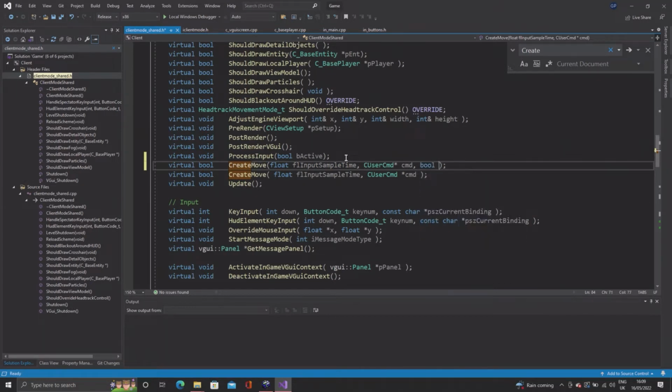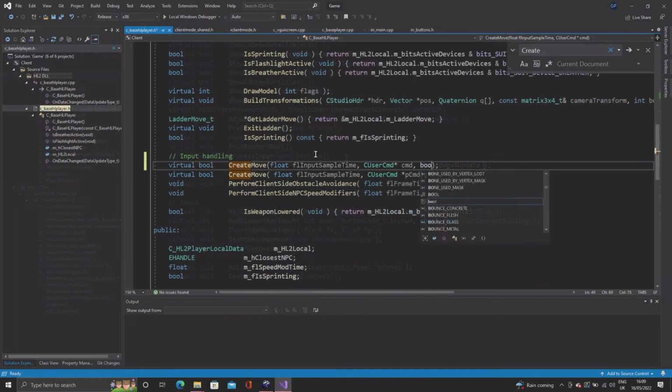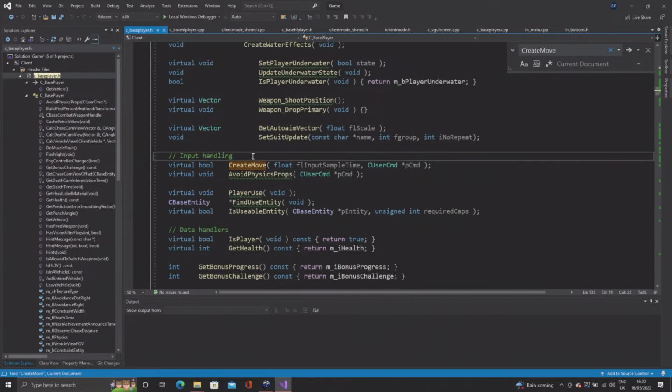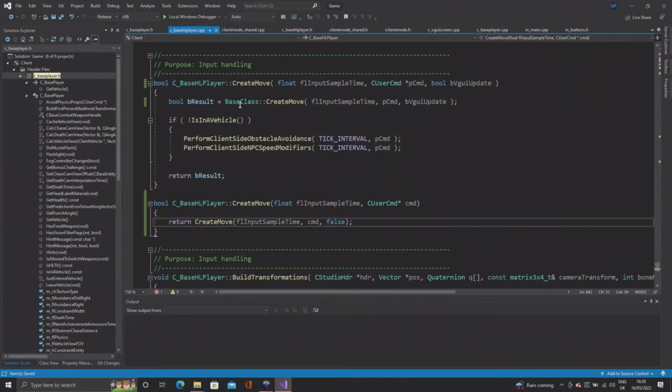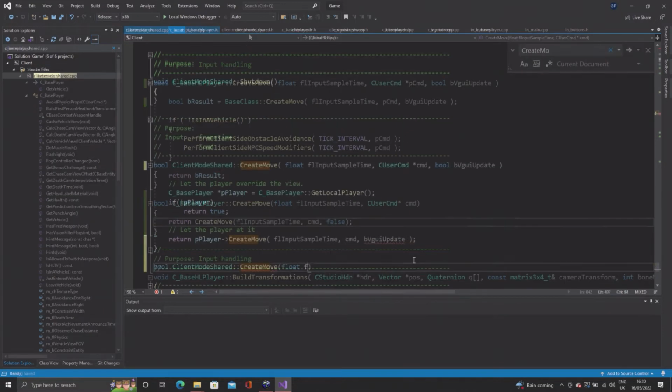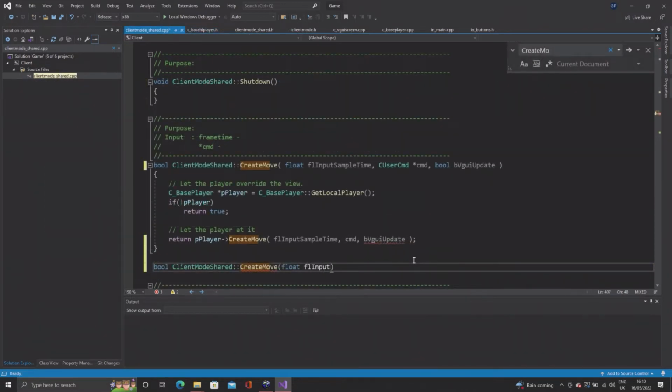Now it goes without saying that you may get errors with some of the things I'm going to say after this, unless you do the same thing also for c_baseplayer.h. So in that file, add in the bool bVGUIUpdate after the CreateMove and have the default CreateMove existent also. So with that, go to clientmode_shared.cpp